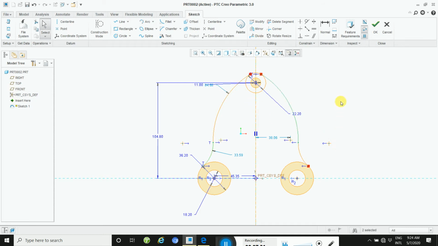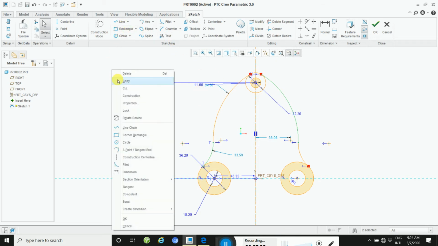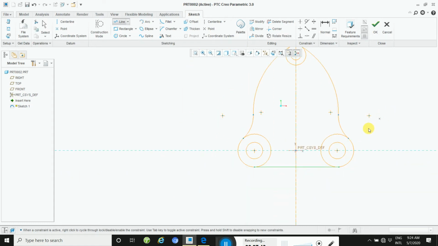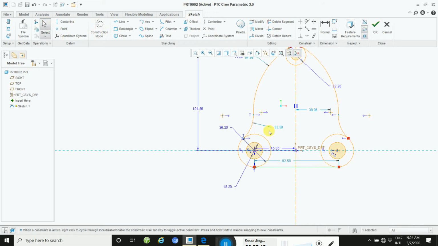Okay, this way your line is mirror. Or once one line is rest, so right click here and then click on the line. This way we will also take a line. Okay, this is the new technique, and then select here. Okay, and then this distance is also already defined. So no need to define. If you want to define, 90.75.